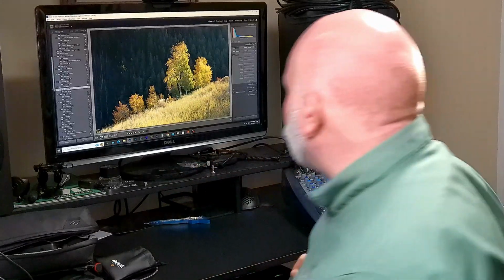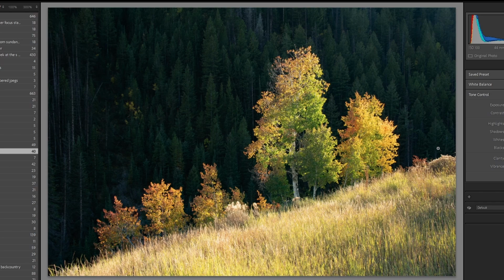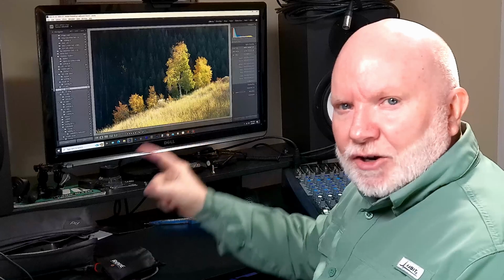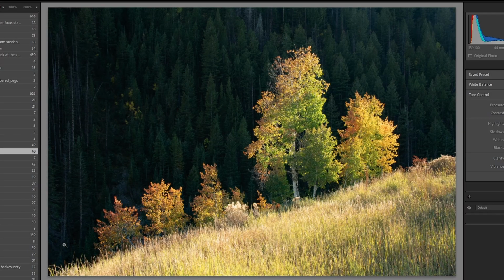Let's look at this image now and dissect it. So this is one I took just this last fall, the autumn of 2022, and I really, really loved this photograph. The lighting on it was just amazing for me. I really love the low light coming in from this side over here and shining across the image. The composition of these